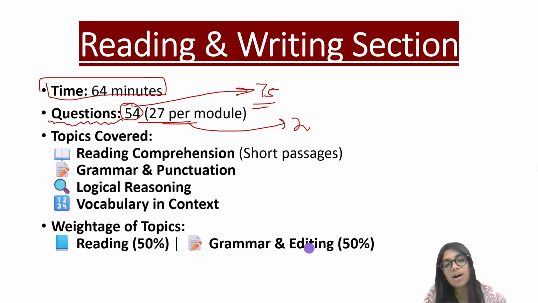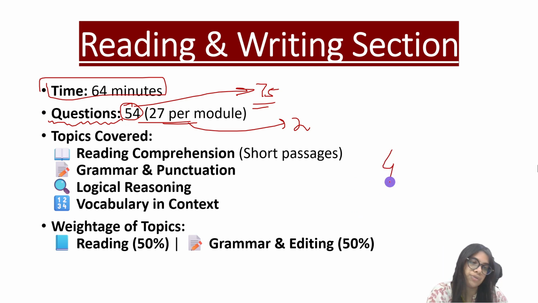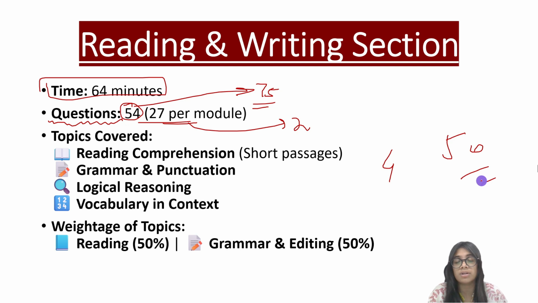So there are 4 questions on the total English SAT which are not going to fetch you marks or points. The other questions are going to fetch you marks, which means 50 questions are going to fetch you marks. The other 25 and 25 are going to fetch you marks, but the other 4 are not. So the topics basically covered are reading comprehension, which are very short passages, then